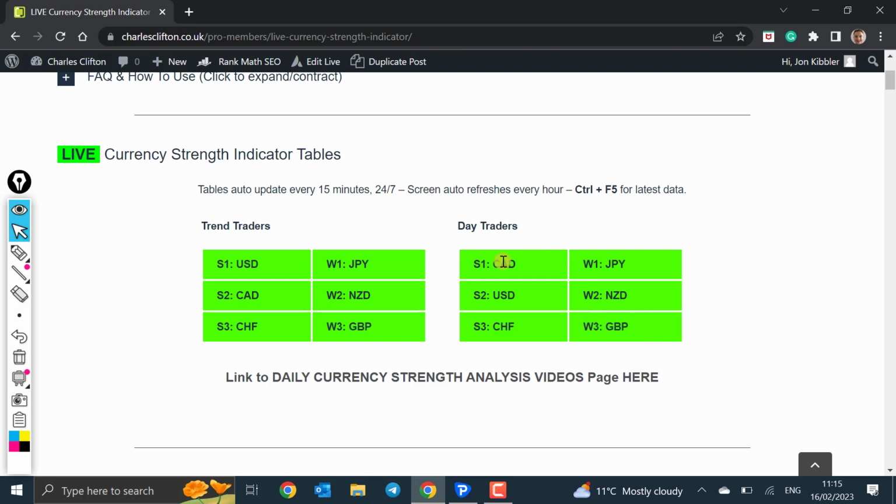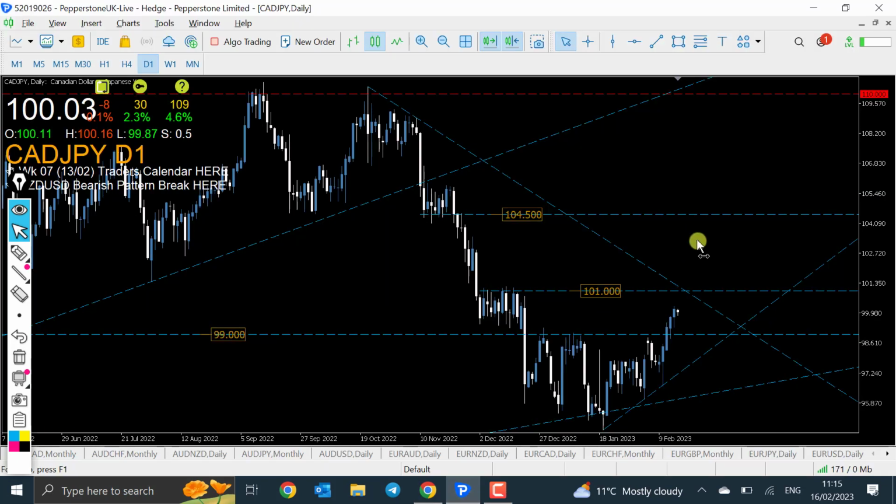So we focused on a few pairs this week. We've featured pound US dollar a few times. We featured New Zealand US dollar, things like that. And even CAD yen, and CAD yen tops the day traders, telling us that the momentum's continued. So I want to go and talk about CAD yen because we've already featured this most recently,